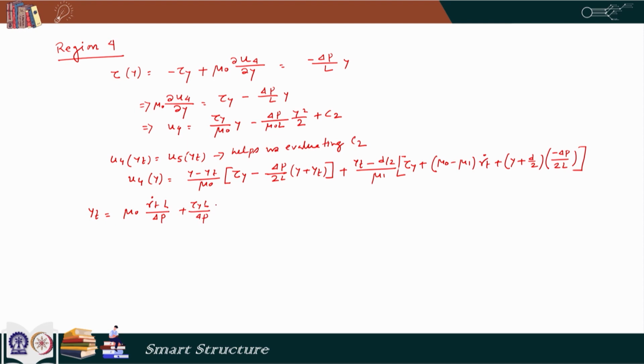So, we can put this y t here as well as here, and then after doing that, our expression for u 4 y becomes just this: 1 by mu 0 multiplied by tau y minus delta p divided by 2 L y multiplied by y plus 1 by 2 mu 1 L multiplied by